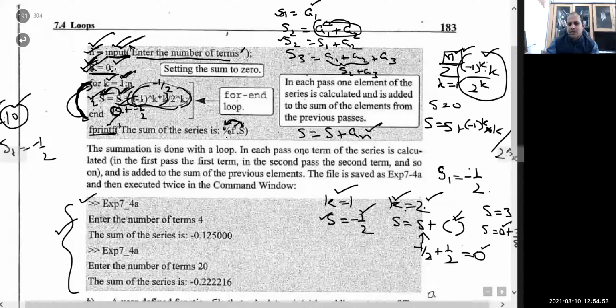So %f you use for a floating point number. I mean, your values will be displayed in decimals, and the value of sum will be displayed at this % sign. Within fprintf, the % sign is used, remember, to address the value of s at this place. And outside, a % command is used to comment. That will not be part of the program. So all this I have discussed.